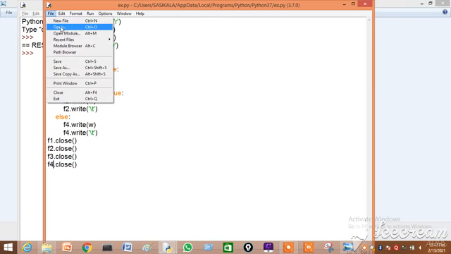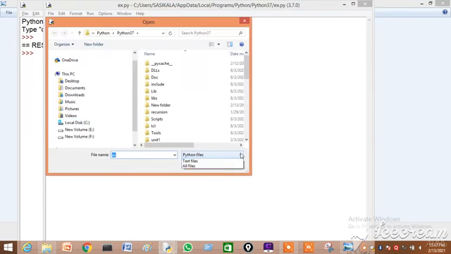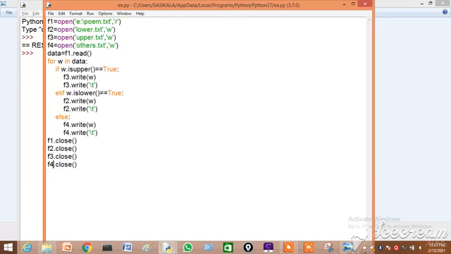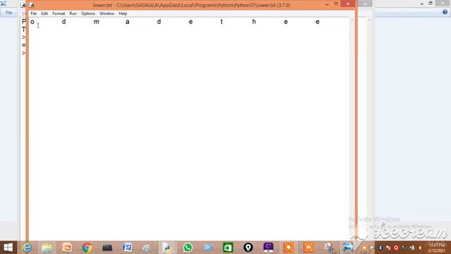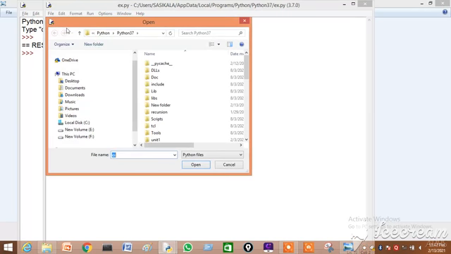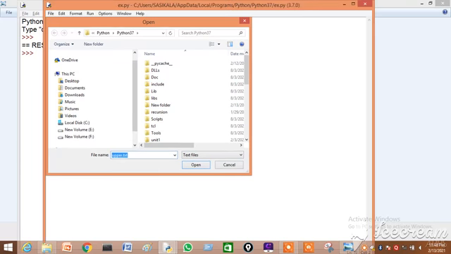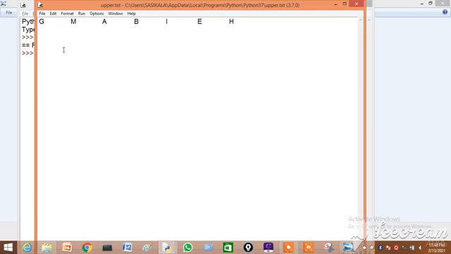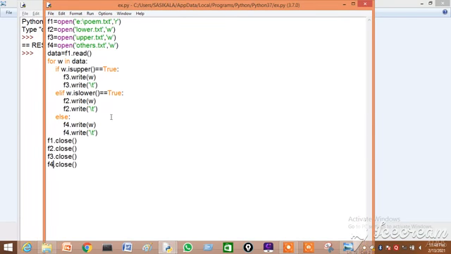Okay, lower.txt. You can see here each and every letter is stored here with the tab because we have given the tab. So these are the lowercase letters. Let us open the uppercase. You can see here only a few uppercase letters are there. And we will look into the other.